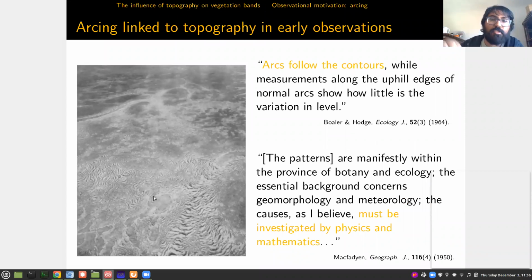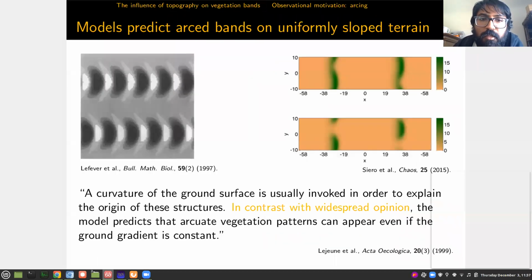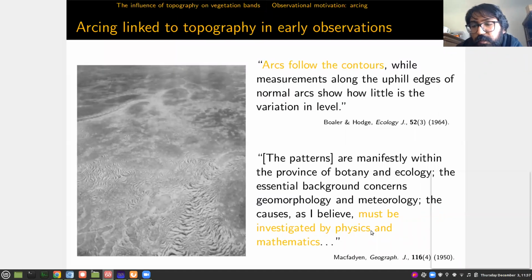This is a little bit hard to see, but people noticed in other places that these bands aren't always arced in just one direction. They tend to curve in all different ways. And the people making these observations conjectured that these bands are really just following elevation contours. There's slight variation in the elevation, and we're seeing that in the shape of these bands, okay? And the other thing these people studying the patterns early on realized is that we really need to use mathematics to understand what's happening here. There's something that could be brought in by mathematics beyond what ecologists and geologists might have to offer. So, these were first noticed in the 50s, and then eventually,